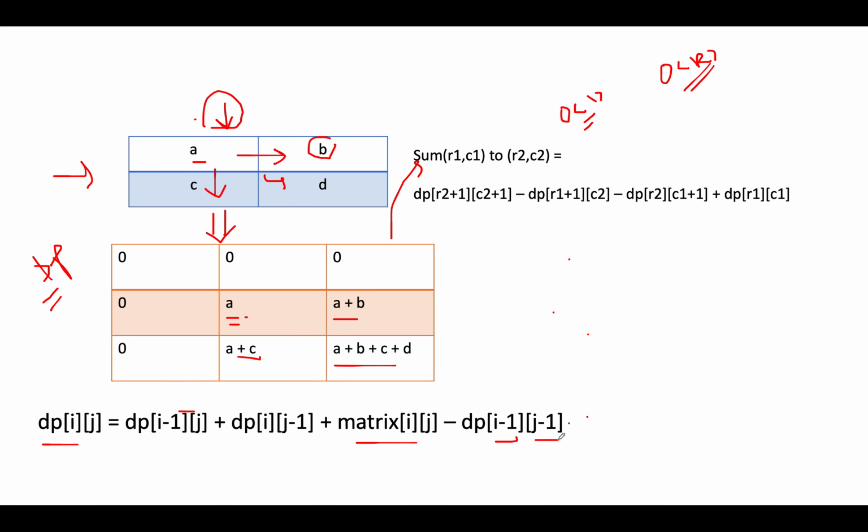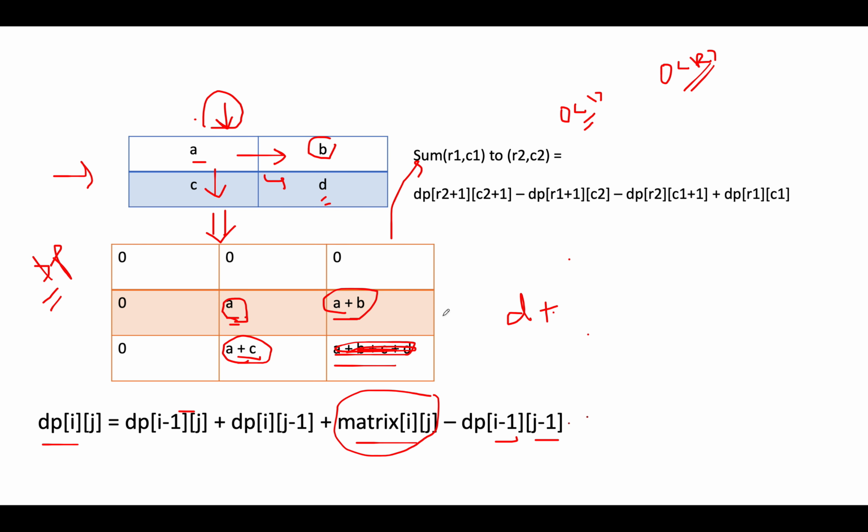So how did we compute this value? So let's forget, we have not still decided what value will come here. So let's use the previous values that we computed. A plus b, a plus c, a plus b and a is already filled in the DP matrix. So how will you fill this value? You are pretty sure that d will surely come up. So matrix of i comma j holds that value. So that stands for d.